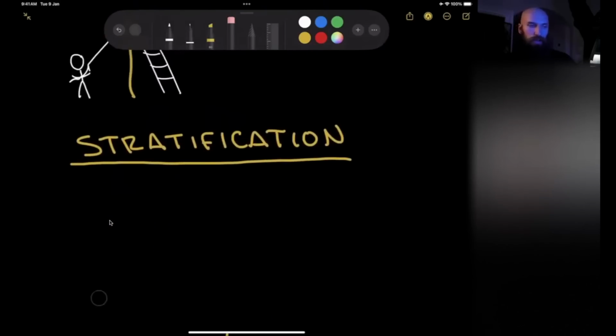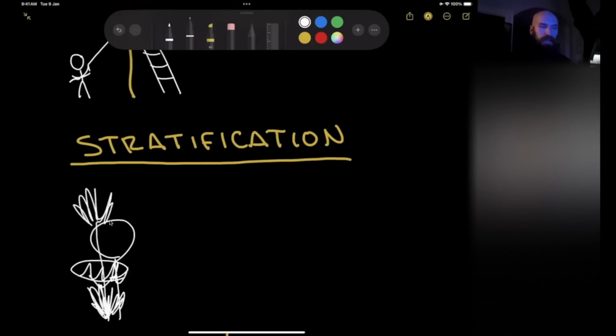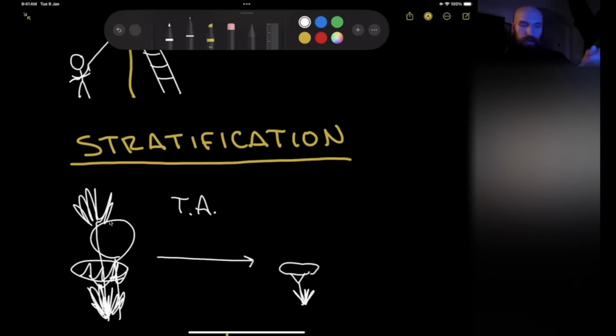Stratification pruning. This is the example that we've been talking about this whole time. We've got our low strata, our medium strata, high, and emergent. Your stratification pruning is essentially teasing apart the layers. T-A. You're teasing apart the layers, right? They grow together and you tease them apart. They grow together, you tease them apart. That's what's happening with your stratification pruning: you're optimizing and allowing for more sunlight and airflow between the two layers. And so after we prune,